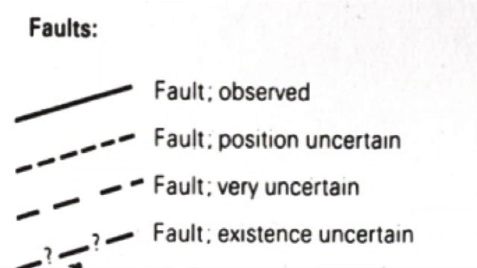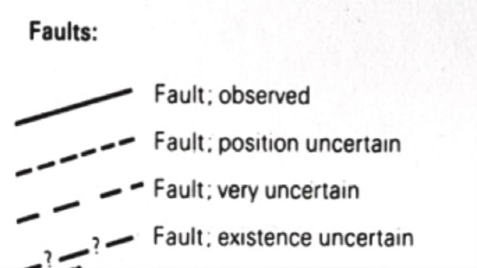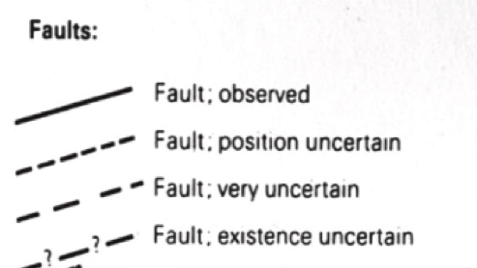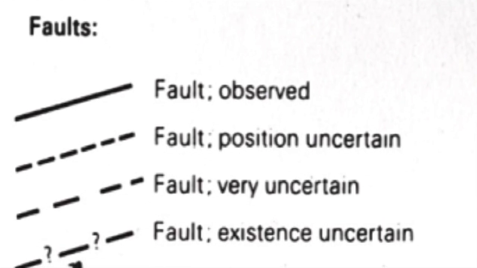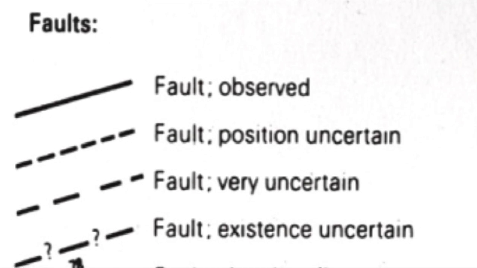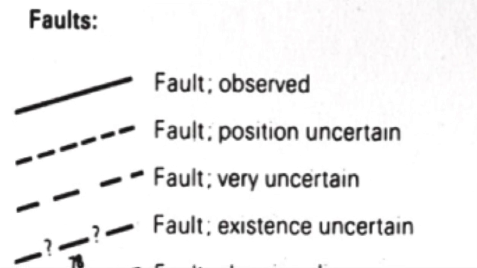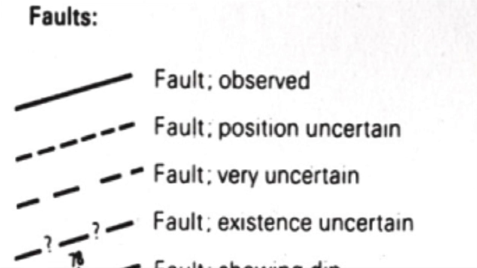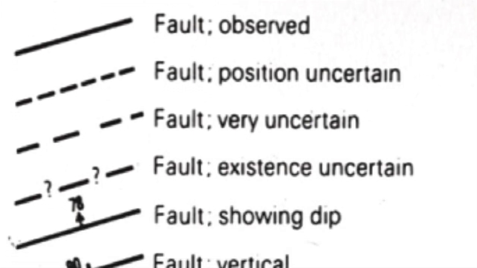Larger spaced dash lines are saying we are really not sure where the fault is, but we think it's there. And putting question marks between the dash line says there may be a fault, but its very existence is uncertain to us at that point. With a bit more information, we might be able to say where the fault is and the exact strike and